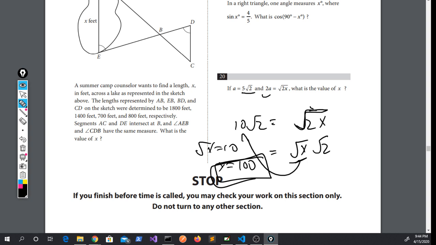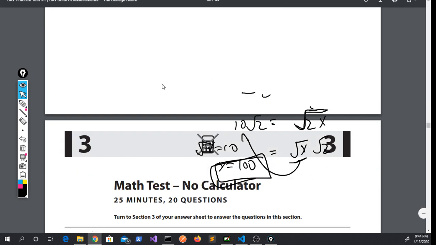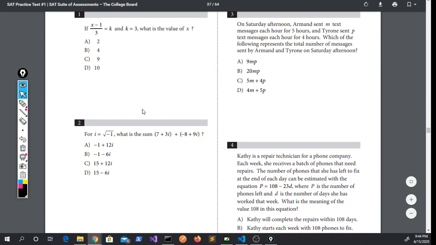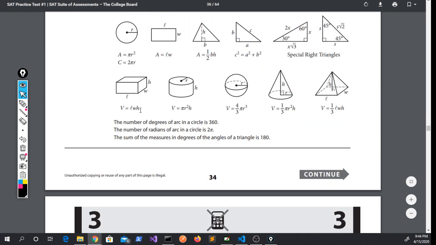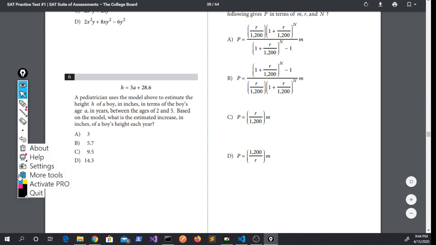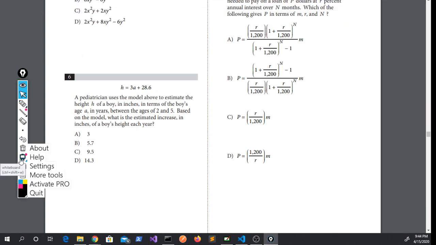Okay, and that looks like it took about 23 minutes, with the intro that I gave and also the explanation I've been giving. So if you do this right, you should be able to finish this under 20 minutes, maybe even under 15 minutes. The key point is